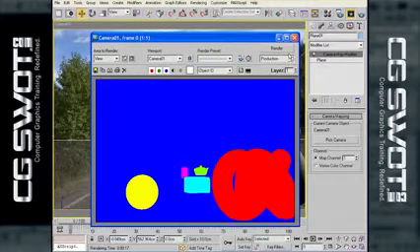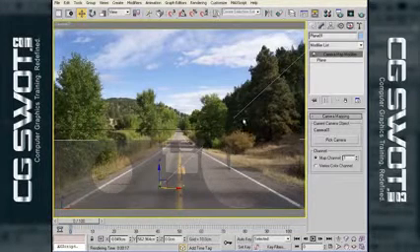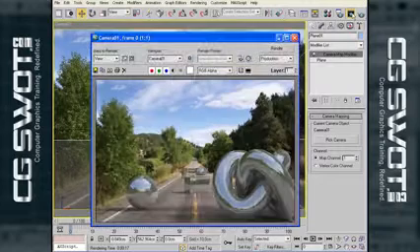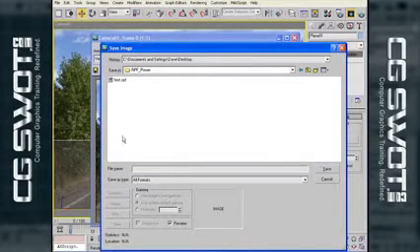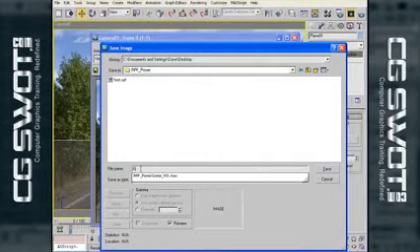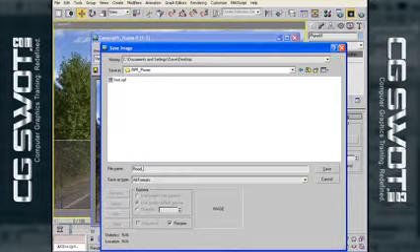D information there, and that's going to get us started. So let's save that out. We'll bring up our last render, RPF, and we're going to just call this road RPF,